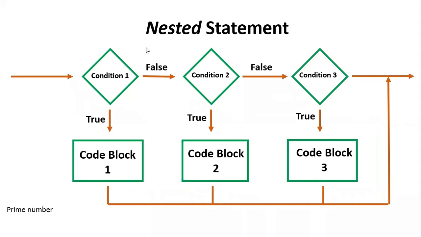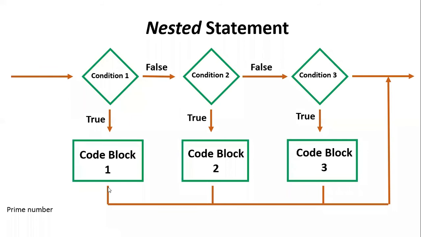So what happens is, condition one is your if condition, that is, if a is equal to 100. If this condition is true, it will run, and then it will straight away go from code block 1 to your output, and it will give you the output. If this condition is not true, then it will go into the second condition. So if condition 1 is false, it will go into condition number 2.